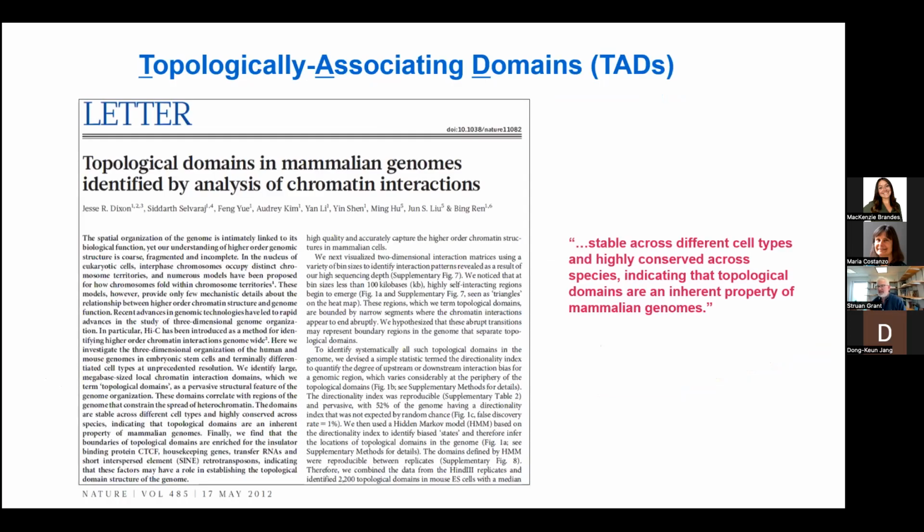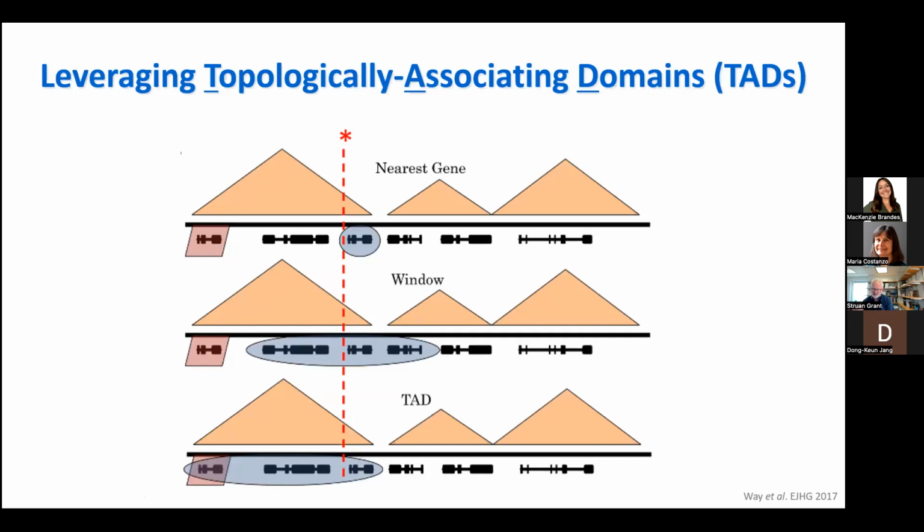Something that's become very interesting to me is TADs, or topologically associating domains. And this was described just over a decade ago by Bing Ren at UCSD. And this idea of regions of interactions in the genome are relatively local. So you have blocks of interaction followed by a boundary element and then another block of interaction and relatively little crosstalk between the blocks. That's put very simply. And if I show you a cartoon of how I'm sort of thinking about TADs, it's really talking about the search space. How far left and right of a GWAS signal should I be looking at to find the possible causal gene or genes at a given locus?